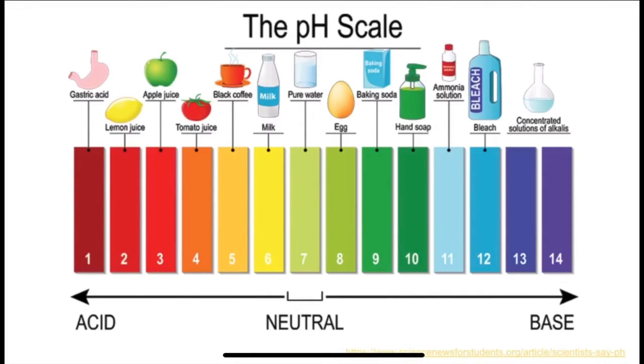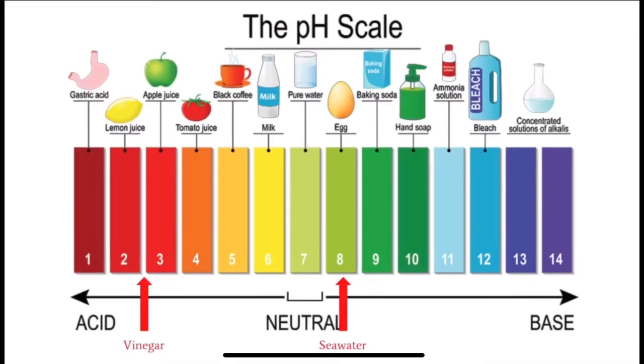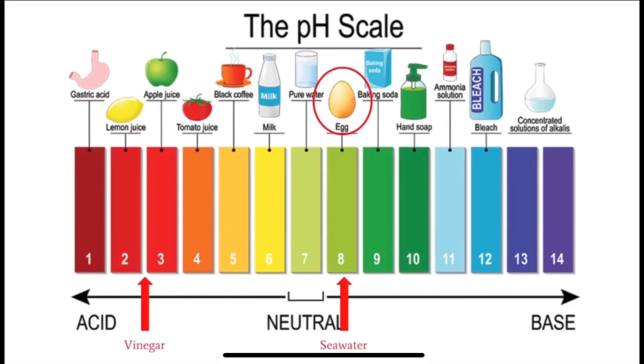So the rubber egg experiment is obviously a much faster process than what's currently happening with ocean acidification. So let's go back to the pH scale for a second. Like I said before, the oceans currently have a pH of about 8.1, so that's over here, and then the vinegar is about 2.3 all the way down here. So vinegar is much more acidic than seawater. But if you look right up here, this egg has about the same pH as seawater currently, and that tells us that if the ocean gets any more acidic than where it's at right now, shells will start to dissolve,